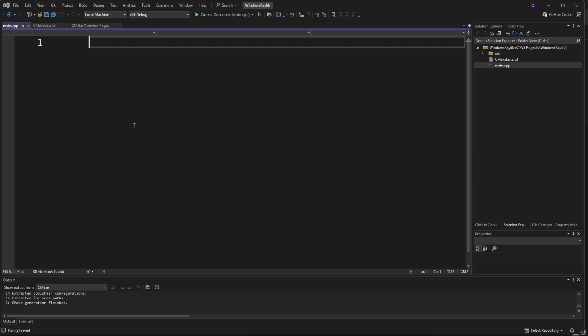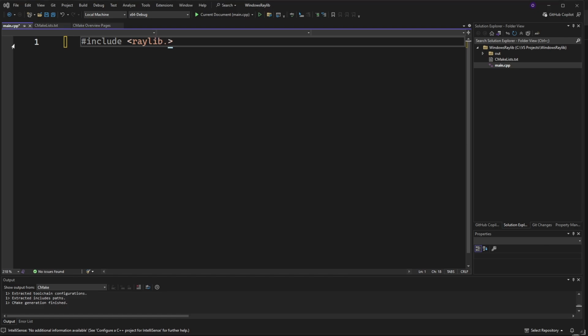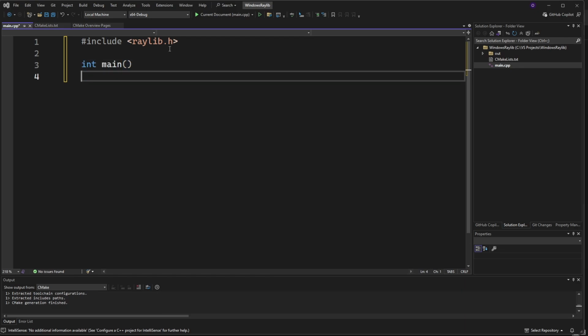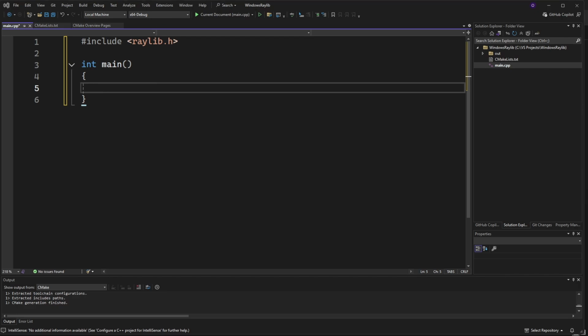Nice. Okay, so let's do hashtag include and then raylib dot h. Yes, raylib dot h. Okay, now we make the main function, int main. And then what we have to do is make the window, right? So what I'm gonna do is I'm gonna make a constant integer,